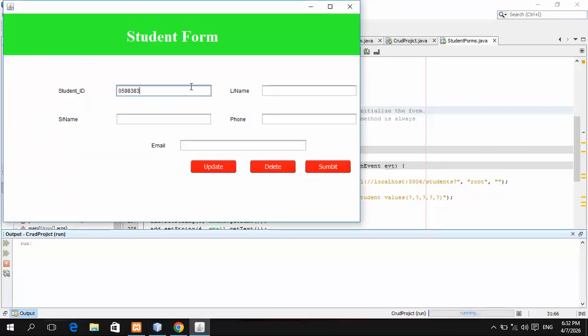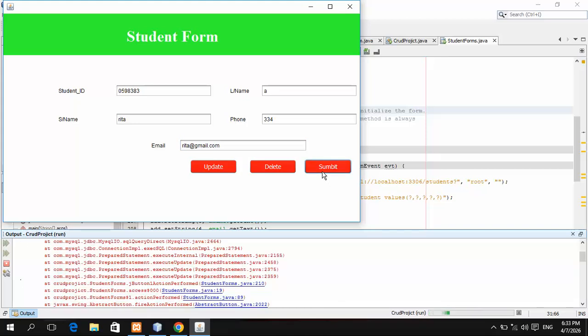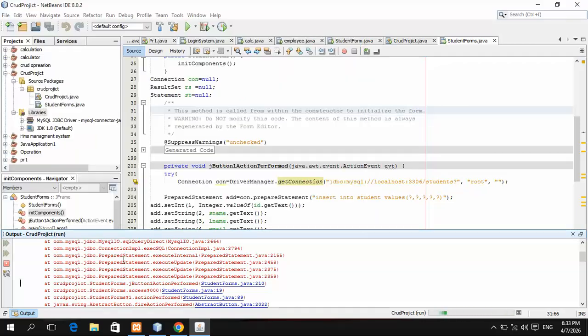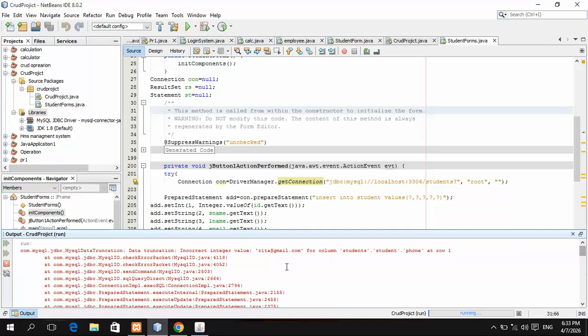So in here, for example, this is ID number, name is Rita, and last name this, and phone number is this, rita@gmail.com. Click on insert button. Prepared statement, incorrect integer.